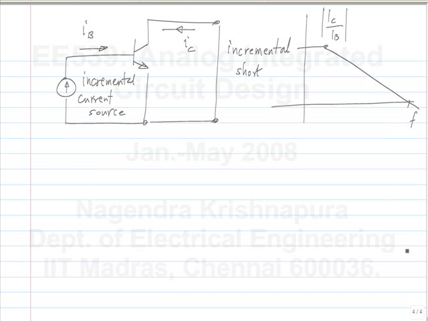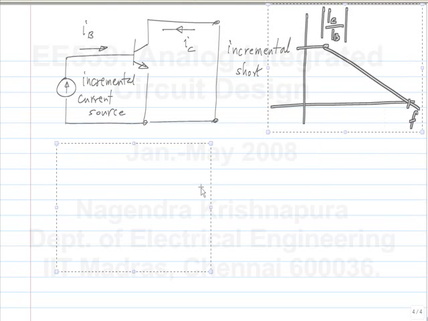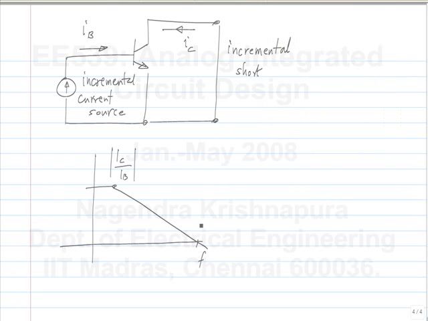And the frequency at which it crosses unity is FT. Okay. So this is what is done for a bipolar transistor, and we do exactly the same for a